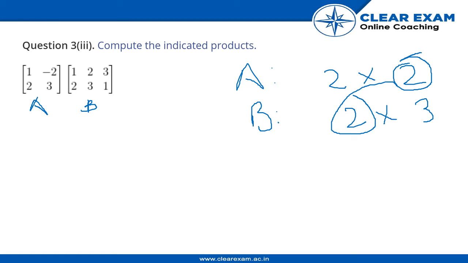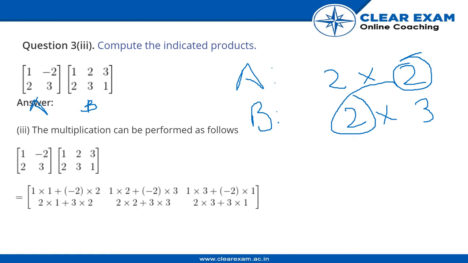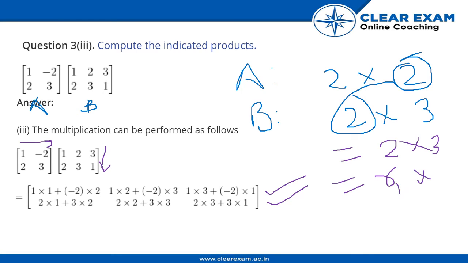Now let us see the first step. Our first step is that we do the multiplication by moving horizontally in the first matrix and vertically in the second matrix, and then we multiply the corresponding elements in the direction. So I see that they have not given the final answer. Let me solve it for you. Our final resultant matrix will have order 2 cross 3, that is, number of rows in the first matrix and number of columns in the second matrix. This will be our resultant matrix. Let me draw a matrix for you. We have 2 rows and we have 3 columns.